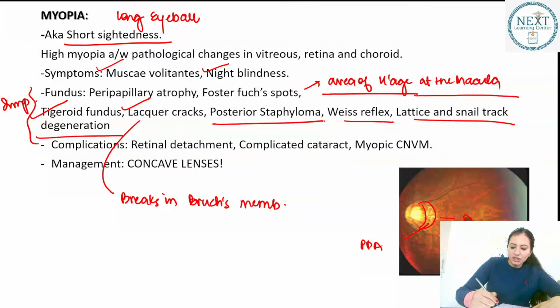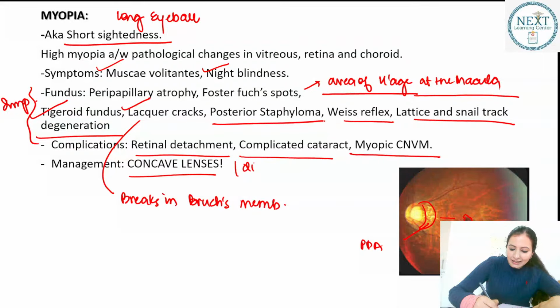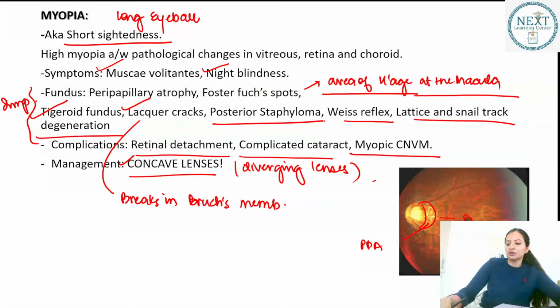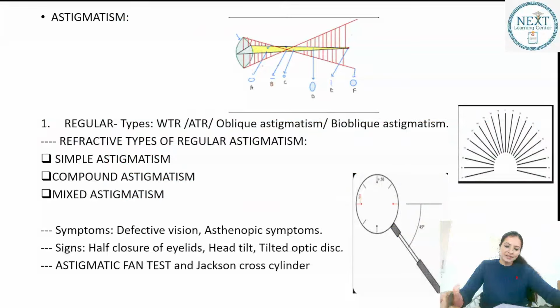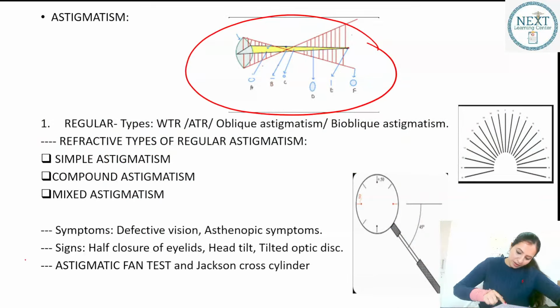Now complication, it can lead to retinal detachment, myopic CNVM, and complicated cataract. Management involves diverging lenses. So we have to decrease the power of the eyeball by using diverging or the concave lenses. Astigmatism, this is your